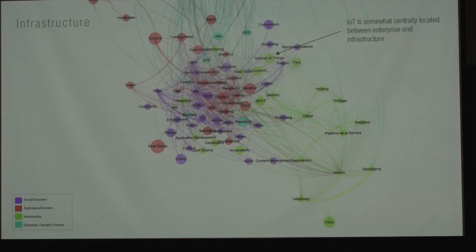And IoT, which is an emerging category of APIs, which actually all of it might be considered IoT in some ways, but IoT that are just specifically labeled as an IoT API is somewhat centrally located to all of it. That poses some interesting questions and hypotheses: how will all of this play out when all these things get interconnected and